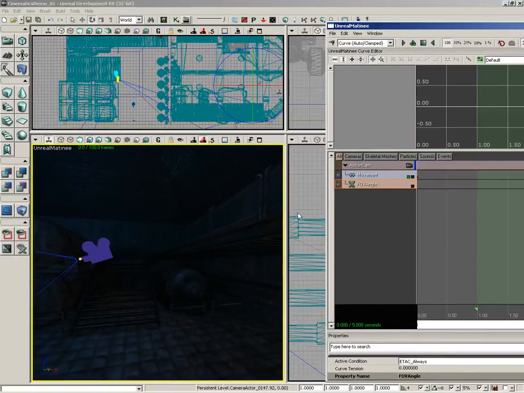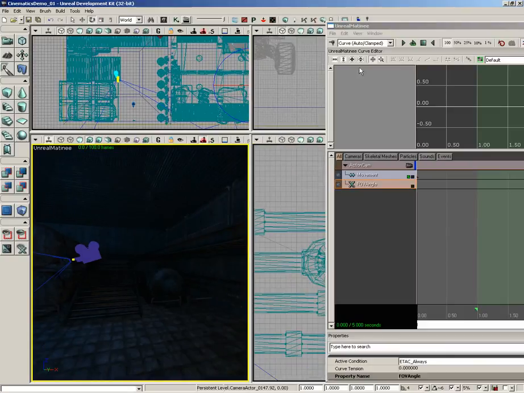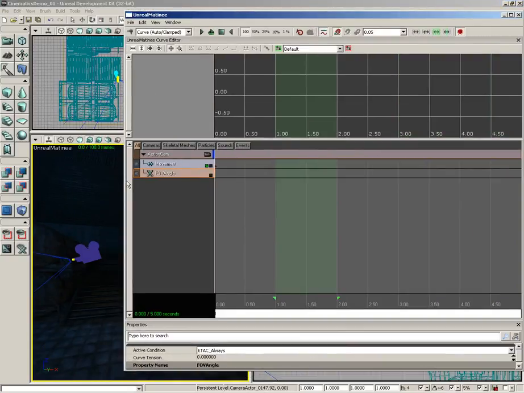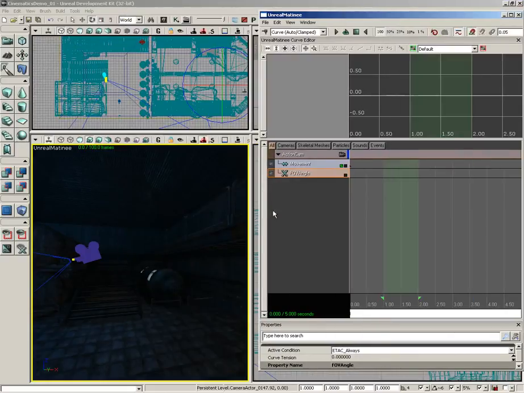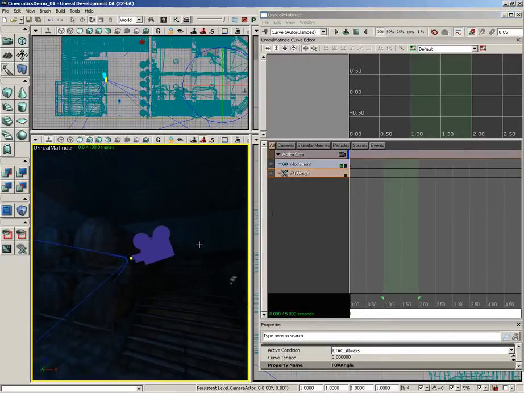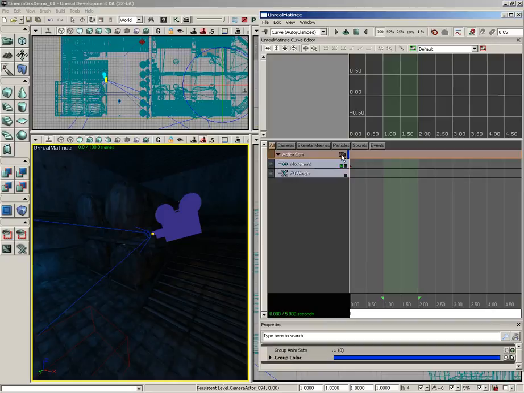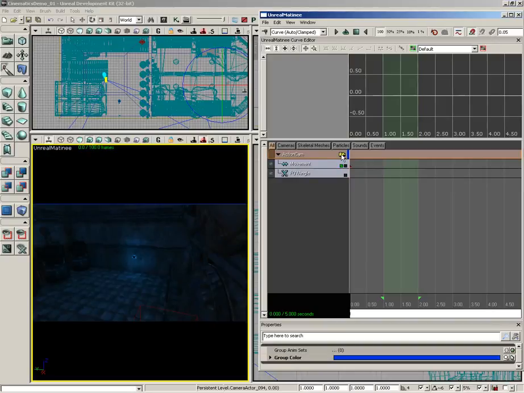Next, I'm going to adjust my viewport configuration just a little bit so that I can have a smaller Matinee window here on the right, and I can still use the viewport over here on the left. Now, it would be most useful if while we are animating, we could actually see what the camera saw, which we can do. If we take a look at the Action Cam group over here in Matinee, there's a little tiny camcorder button, and if I click on that, we're now looking through the eyes of this camera,